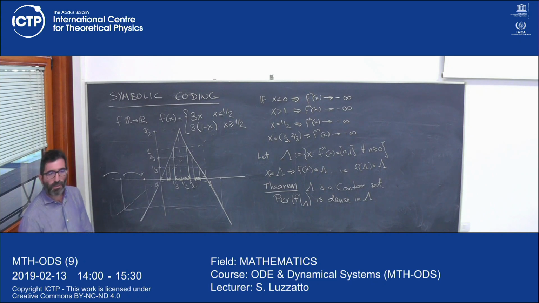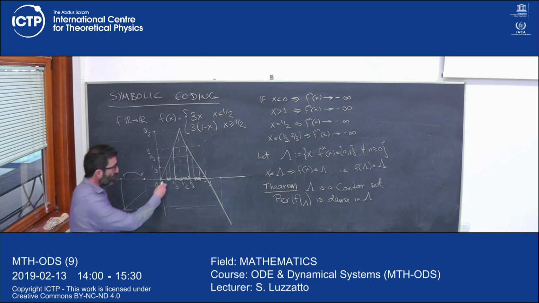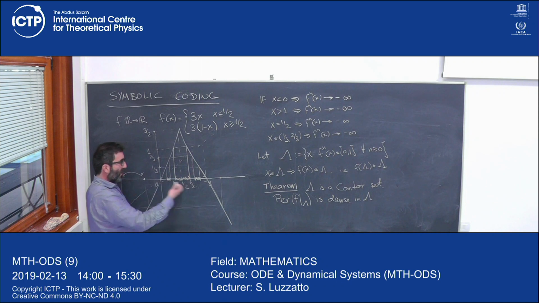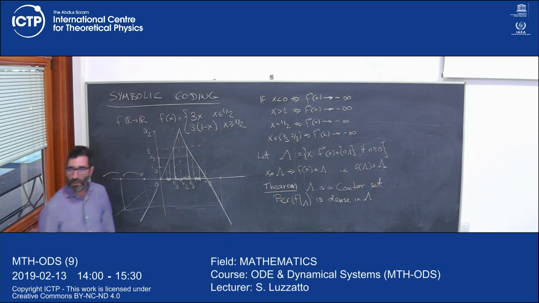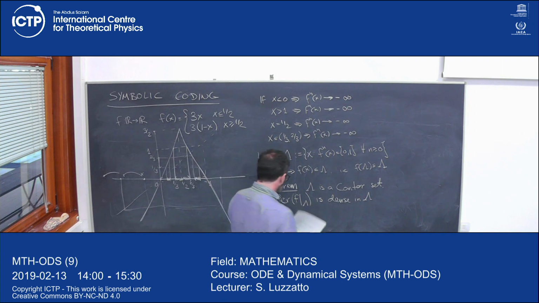Okay, as we shall see, there's periodic points of every possible period, which if you just look at the map here, it's not obvious at all. We've got these two fixed points. It's not at all clear how we're going to get these periodic points out of here. Okay, and f restricted to lambda